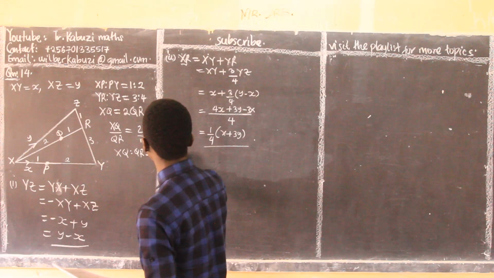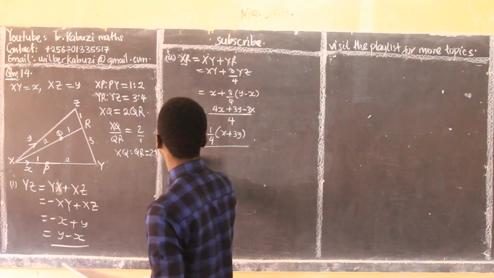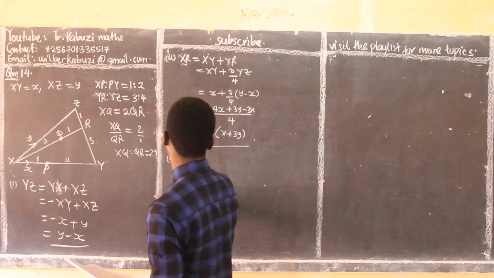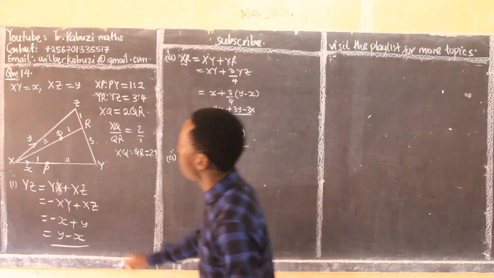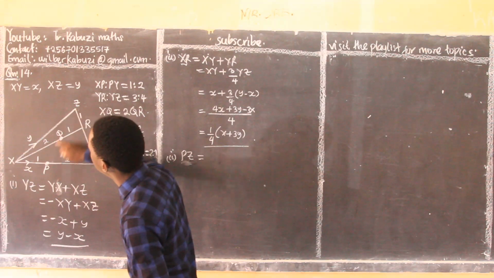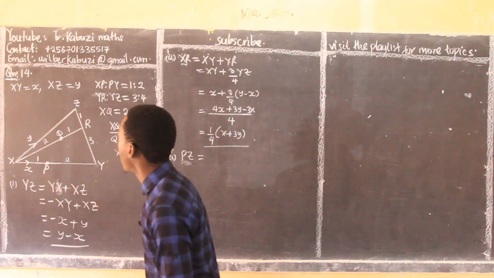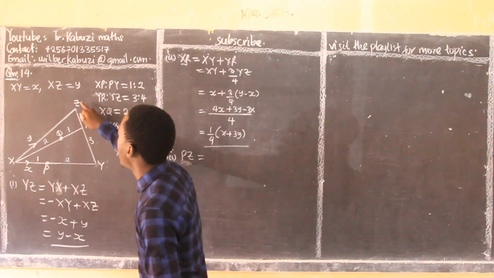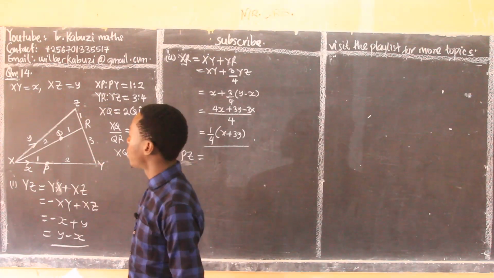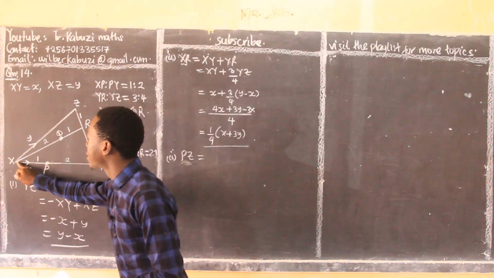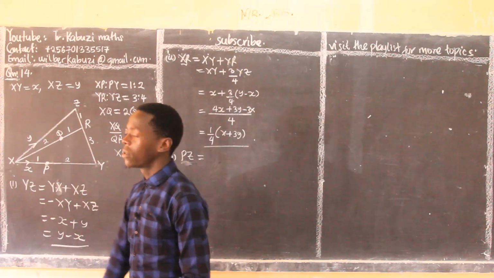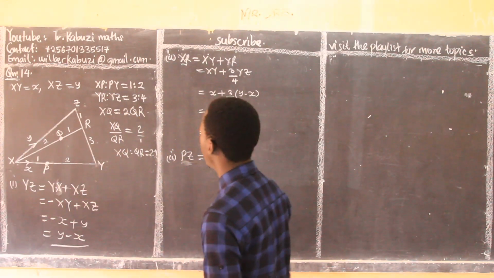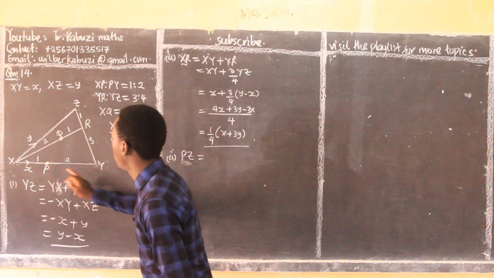So Roman numeral 2, our PZ. Our PZ, you look at the PZ, I can move PY plus YZ, because someone can say PX plus XZ. But because I am changing the direction, I don't opt for that route. So my PZ is PY